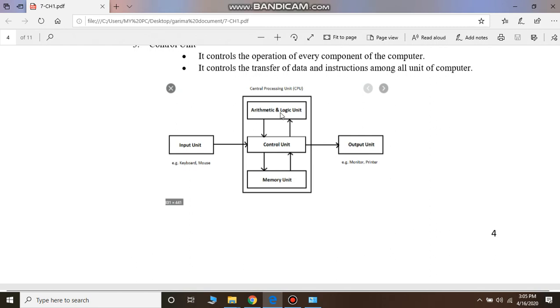The function of this arithmetic and logic unit is that it helps to perform any kind of arithmetic calculations and any logic that you need to apply to execute those instructions. So the control unit is fetching the instructions from the memory unit, and in case any kind of calculation is to be performed or any logic is to be applied, this control unit will further interact with the arithmetic and logic unit, and that instruction will be executed and accordingly the output will be displayed on the monitor. So that is the task of a CPU.